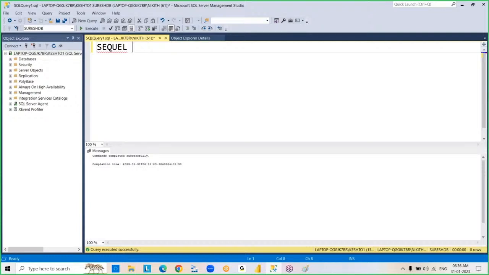So in the same way, this language SQL contains some sublanguages. DDL, data definition language. DML, data manipulation language. DRL, data retrieval language. TCL, transaction control language. And DCL, data control language. So your important thing is